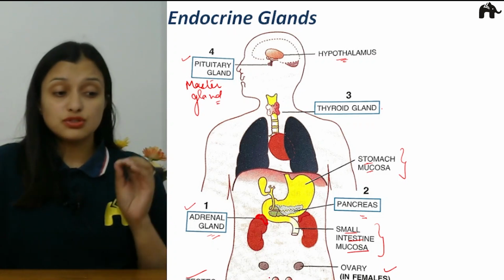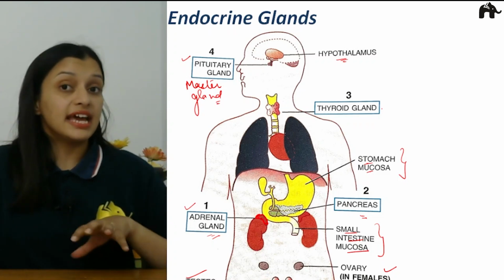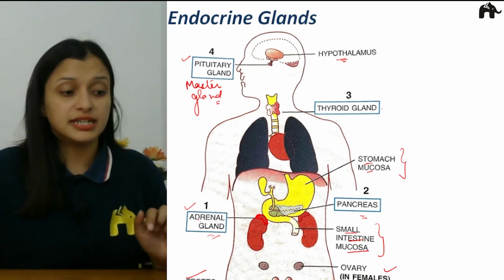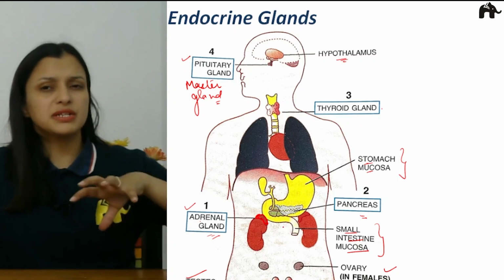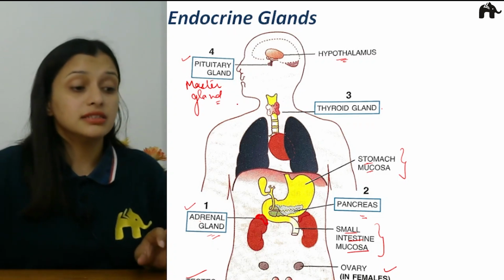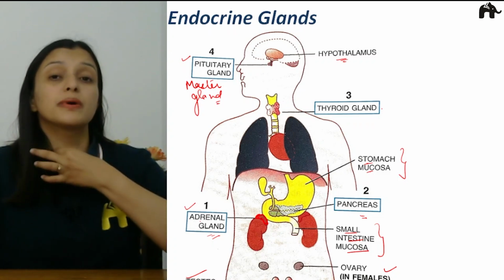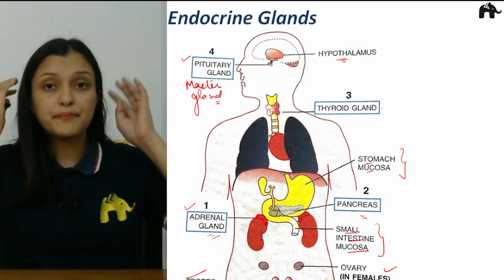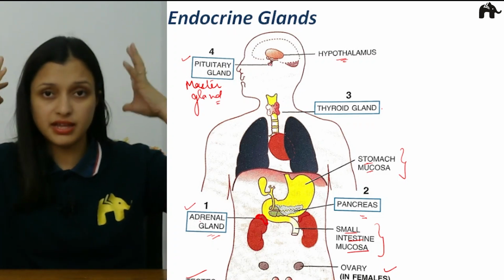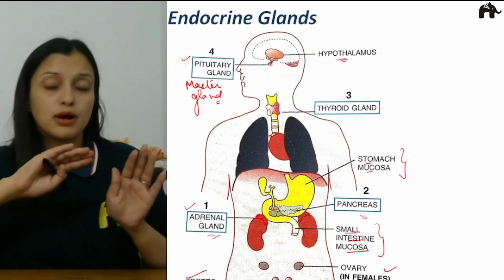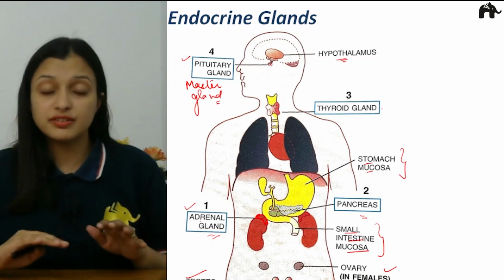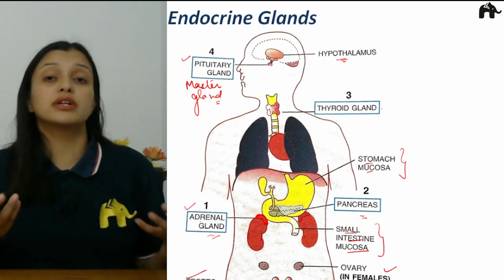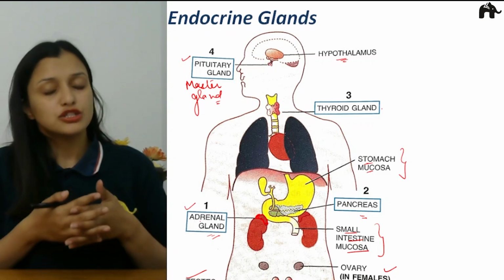Okay, and it is very important for you to understand their location, right? So we will be talking about adrenal glands which are present above the kidneys, then the pancreas which is present near the stomach, right? Then the next one is the thyroid gland which is present over here in the neck region. The next one is the pituitary gland which is present in our brain, somewhere over here in the upper portion, right? So now we will talk about these 4 hormones in detail. What are their secretions and what are their functions? What if there is excess of this hormone? What if there is deficiency of the hormone? So let's talk about them.